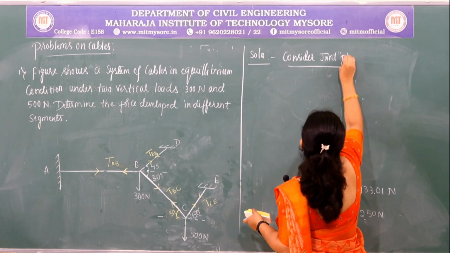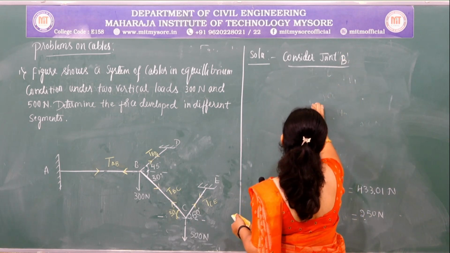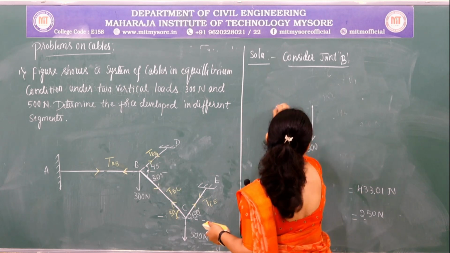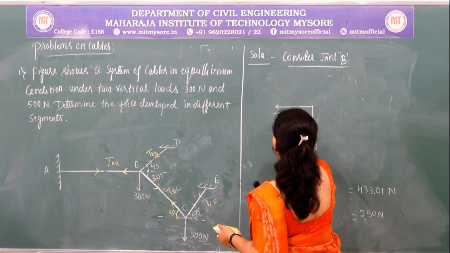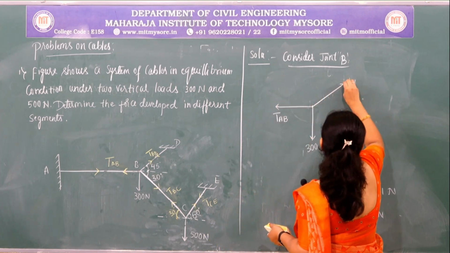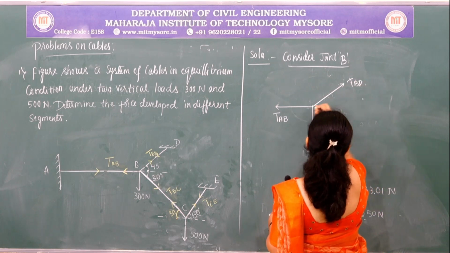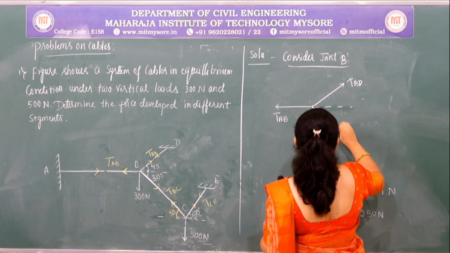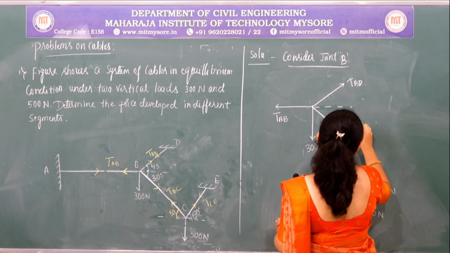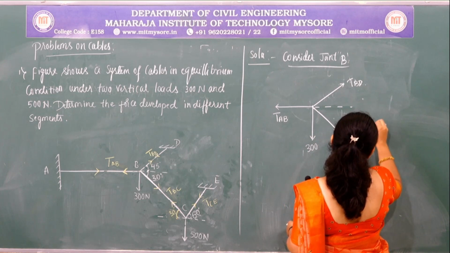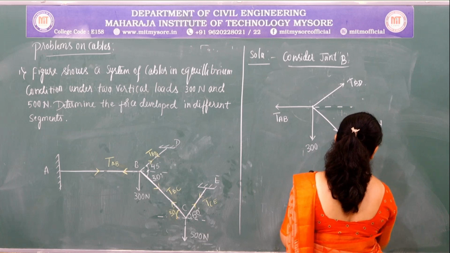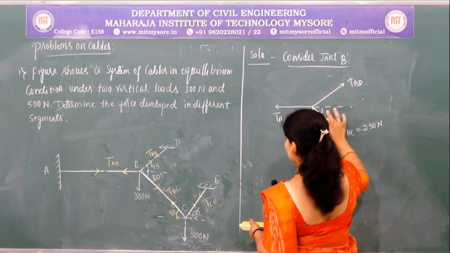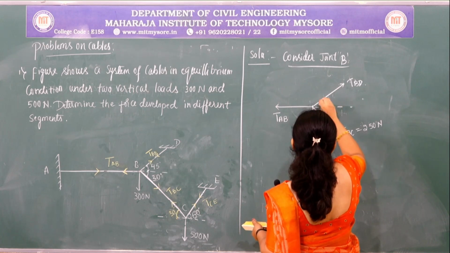So consider joint B. First write the free body diagram of joint B. 300 is a vertical tensile force, TAB, this is TBD, and TBC, we got the value of TBC as 250 Newton. The angle given is 30 degree, this is